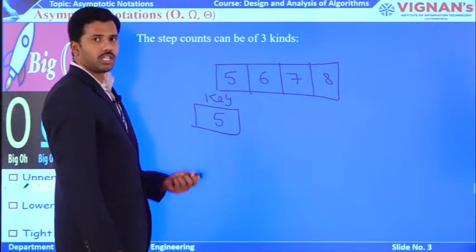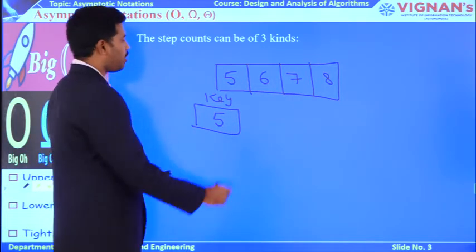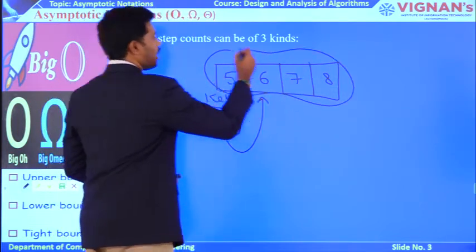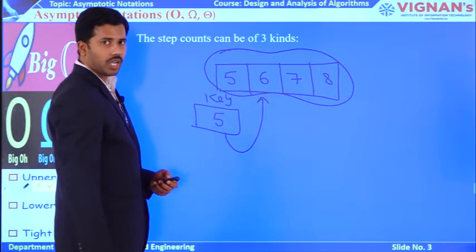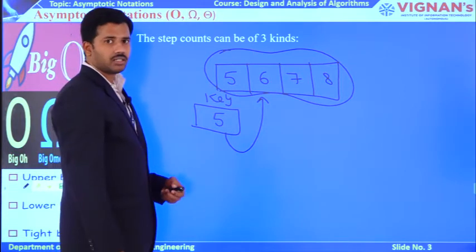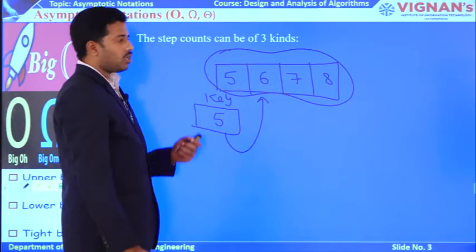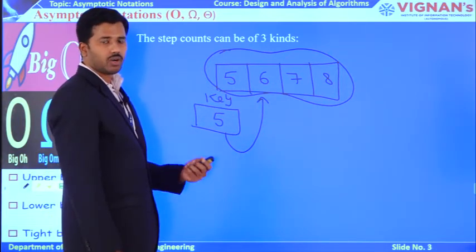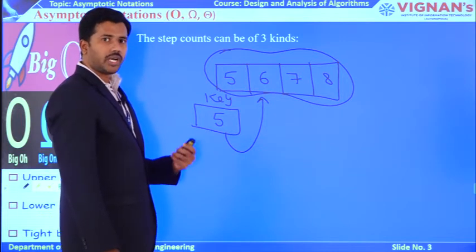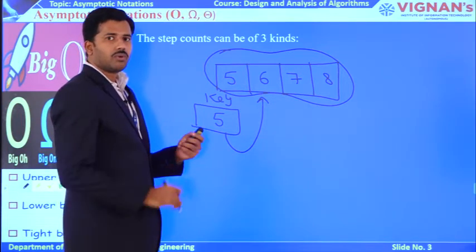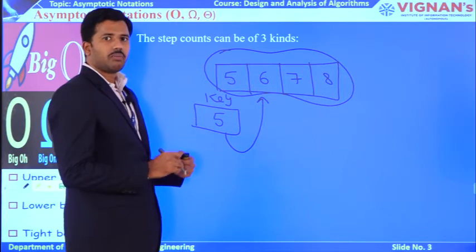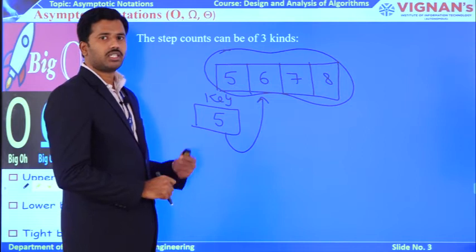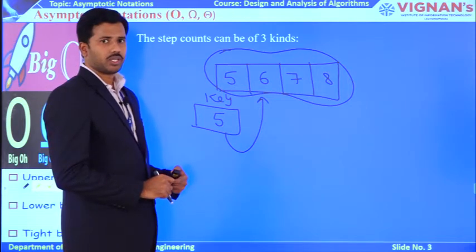So what is the main theme of linear search? You verify whether this key element is available in the n size array or not. The key value is 5, right? To trace all the elements available in the n size array, you require a for loop. Now observe, if you get the result in the first iteration of the for loop, I can consider that my best case.